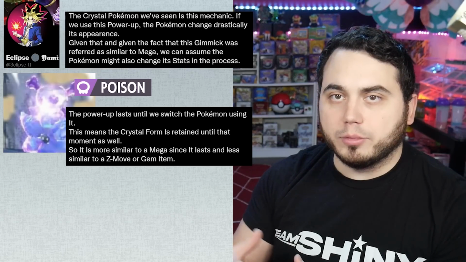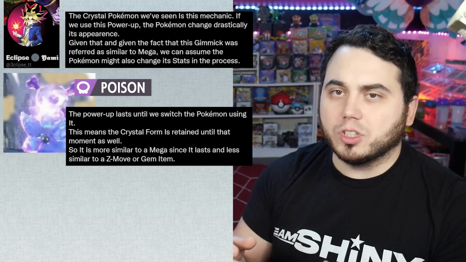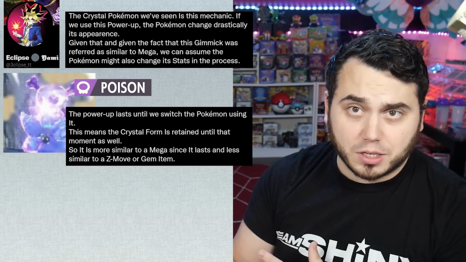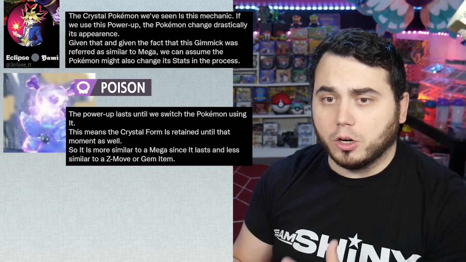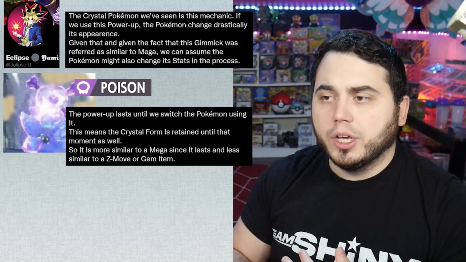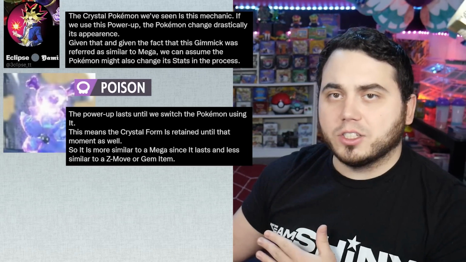You've got the power-up to a specific type, which is very similar to a gem or a Z crystal. But it seems as though it's a full-on change to the Pokemon while it remains in battle. So that could be a little bit stronger than some of these other concepts, right? Because gems are a one-time use. So if you keep the Pokemon in battle and it stays that way, and it has those boosts, it could